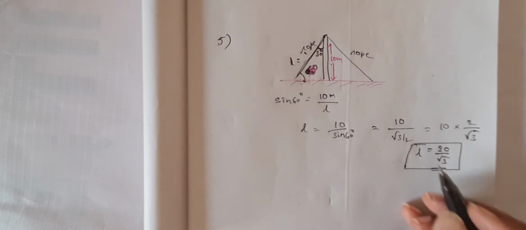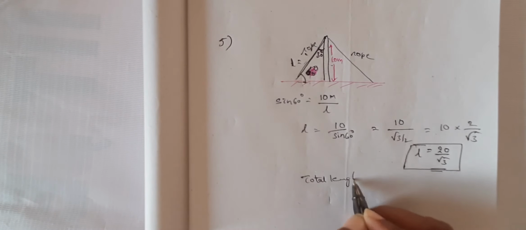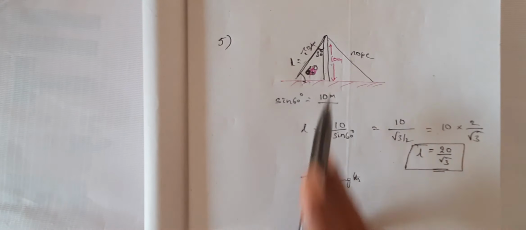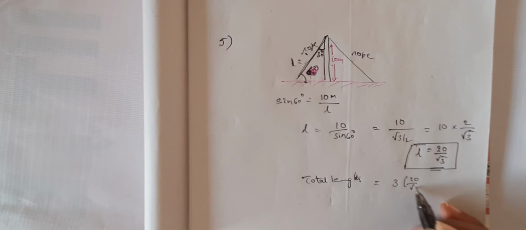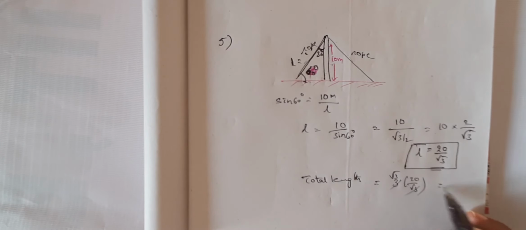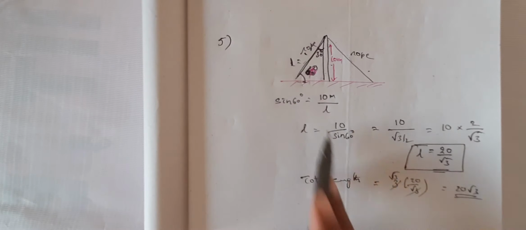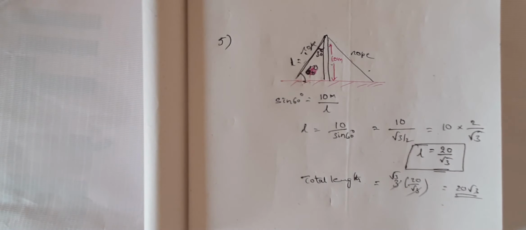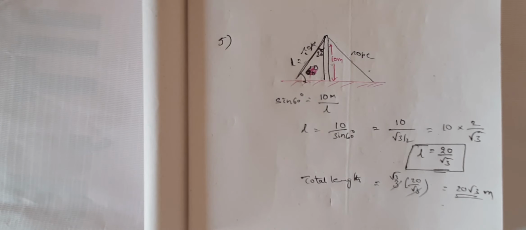And suppose the total length is asked. Total length, that means all the three pieces, if the pieces are made from a length, total length is equal to 3 into 20 by root 3 because 3 pieces are used. So root 3 goes root 3 times in this. So therefore 20 root 3 should be the total length of the rope. Right? Not each one, but the complete length of the rope should be 20 root 3 meters. Clear? So with this, I'll stop the class for today.